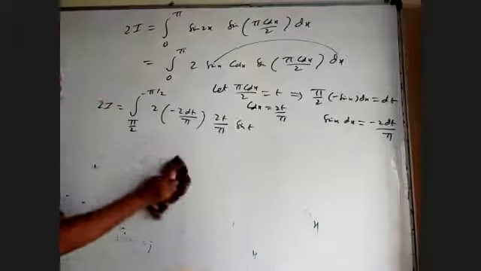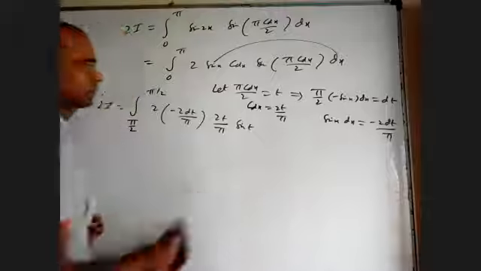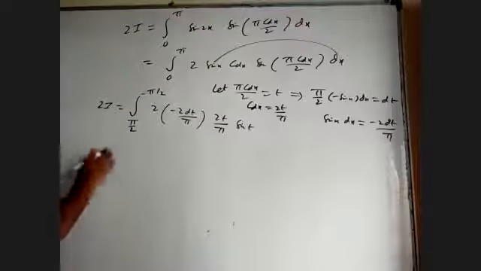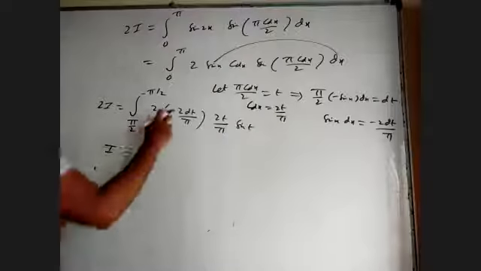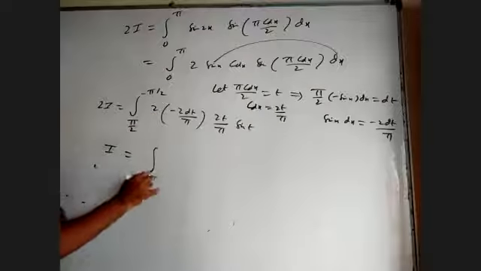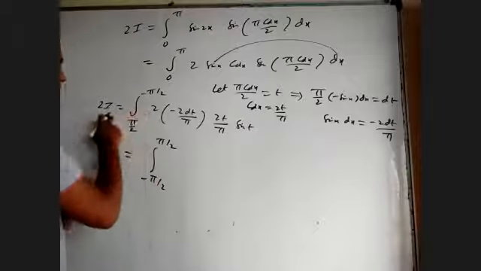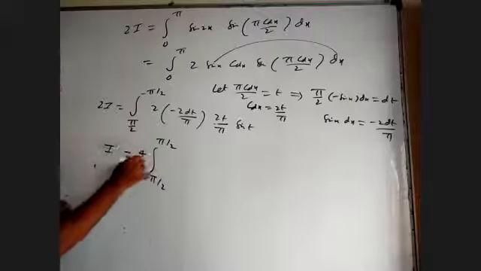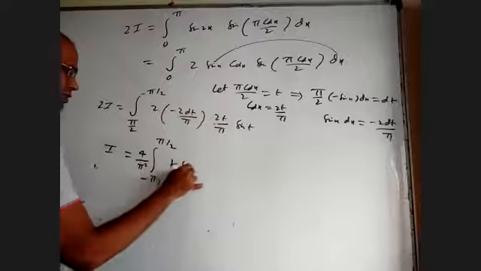I would have taken only cos x also as t. It's not an important thing to write only pi cos x, but it's okay. Now in I, 1, 2 also I can cancel. I can use this minus for interchanging the limits, minus pi by 2 to pi by 2. 1, 2 got cancelled, so another 2 is there, so I'll get 4 by pi square outside. I'm getting t sin t dt.